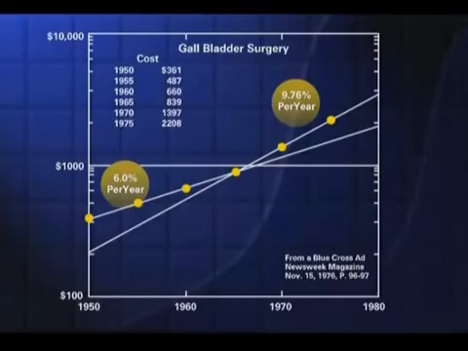I said, make a semi-logarithmic plot. Let's see what's happening. The students found that the first 4 points lined up on a straight line whose slope indicated inflation of about 6% per year. But the 4th, 5th, and 6th were on a steeper line, almost 10% inflation per year. Well, then I said to the students, run that steeper line on out to the year 2000. Let's get an idea what gallbladder surgery might cost. The answer is $25,000. The lesson there is awfully clear. If you're thinking about gallbladder surgery, do it now.